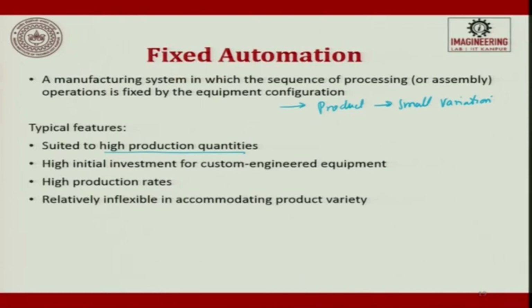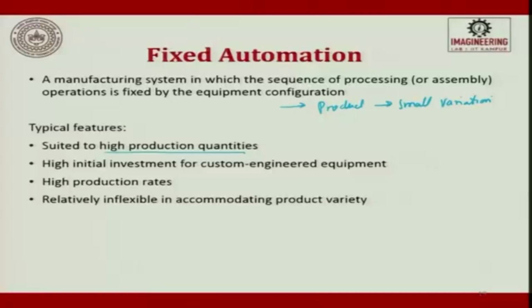So, you produce a head and then you have to crimp the edge so that you produce a sharp one. So, 4 or 5 operations are there, all done in a fixed automation machine, and we produce it at higher quantities. So, we talk about 10,000 nails per hour.